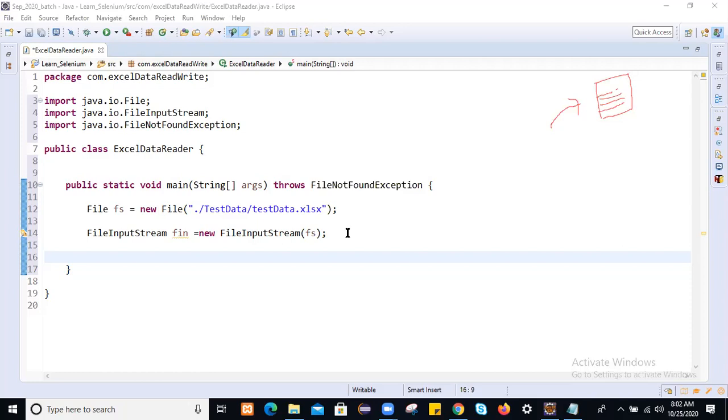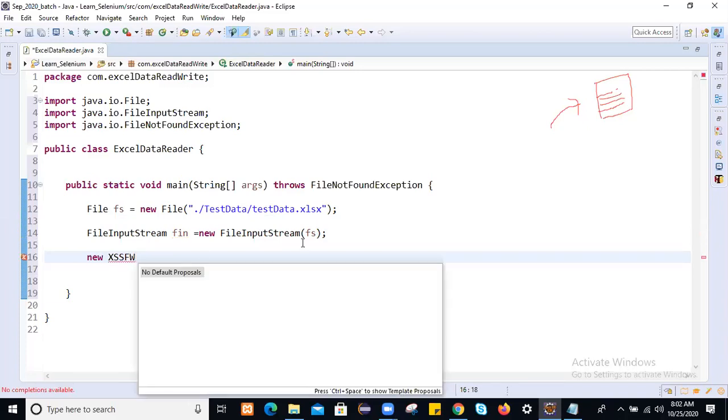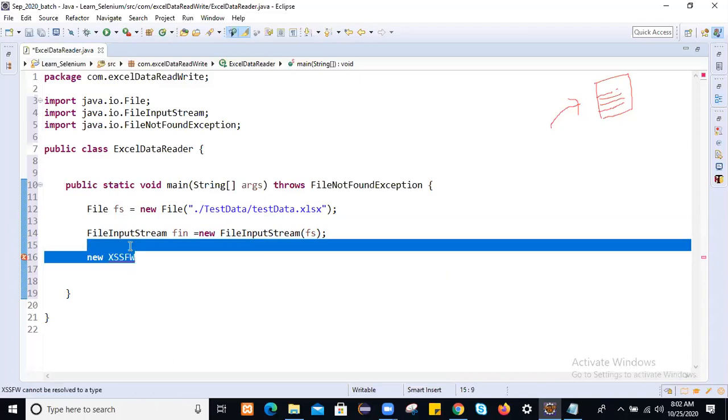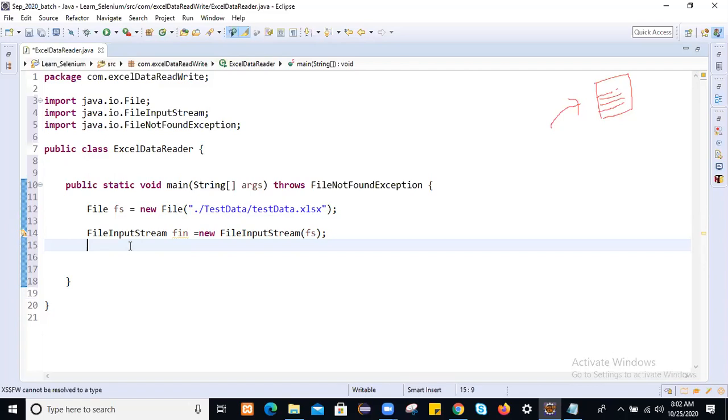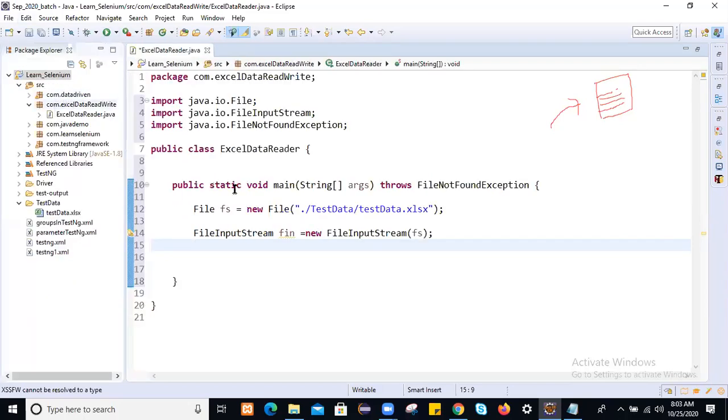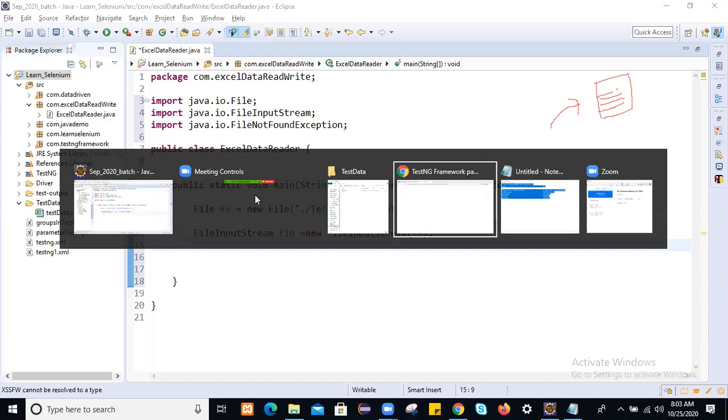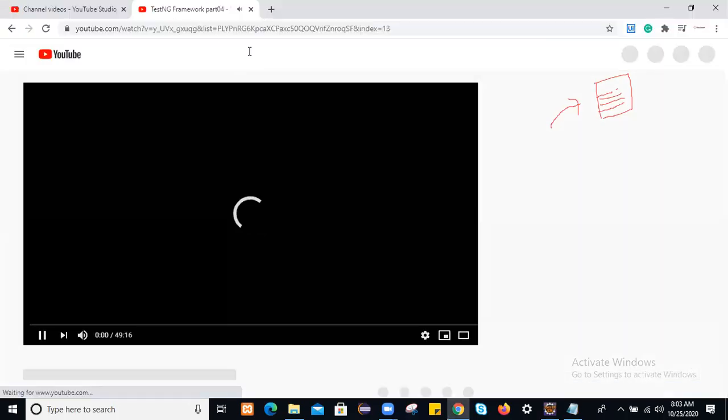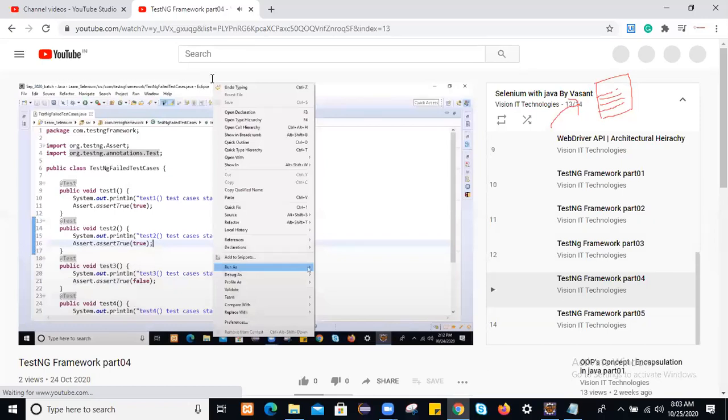To open and interact with the workbook, we have a class, the XSSFWorkbook class. But this XSSFWorkbook class is not coming here. Why is it not coming? It comes from the Apache POI API, so we have to configure all those jars to our classpath. So in the working project we have to do some configuration. How to do this? Simply go to Google and ask Google uncle to download. So let me close this.